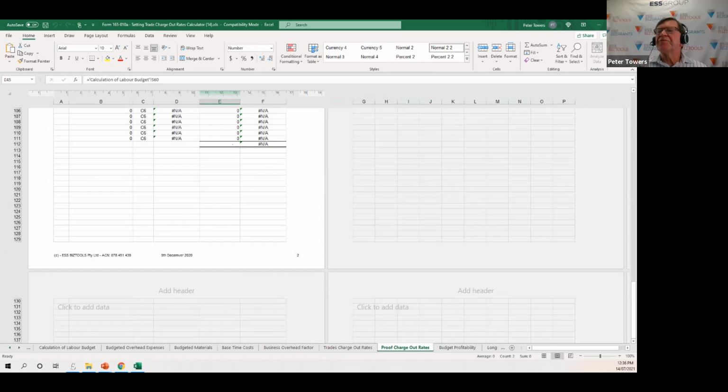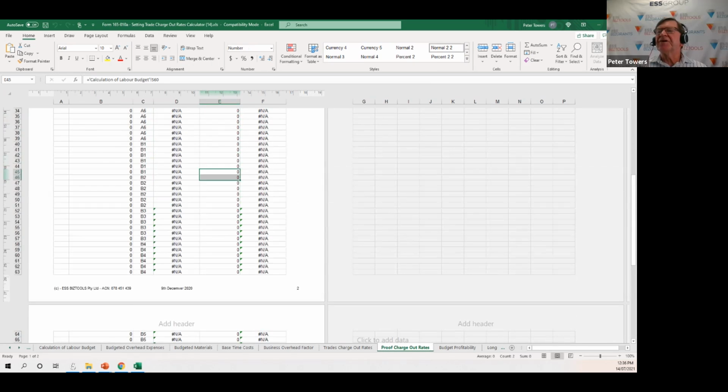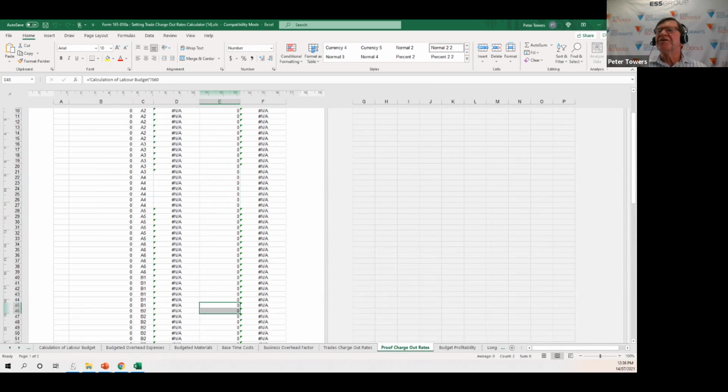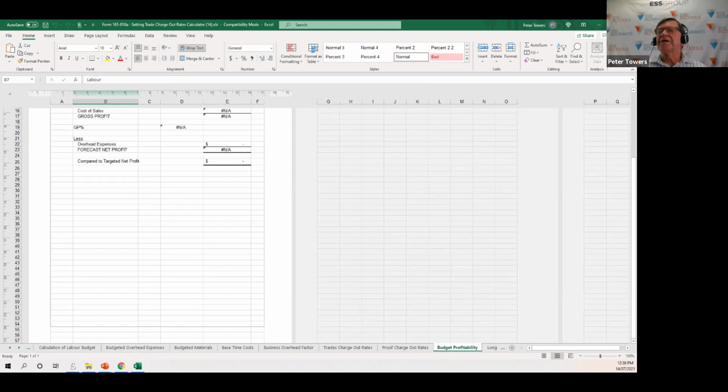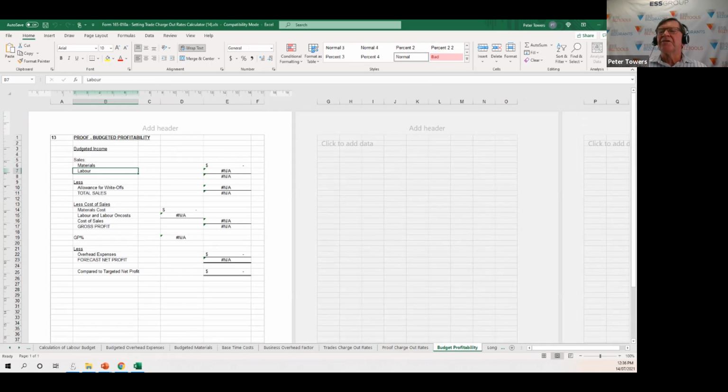And we then get a proof document, which basically says, these are the people, there's the chargeable hours that we're budgeting for them, and that's the suggested charge out rate. And it will then calculate a proof document. The sales of materials are going to be this, the labour's this, any allowances for write-offs, there's the total sales,